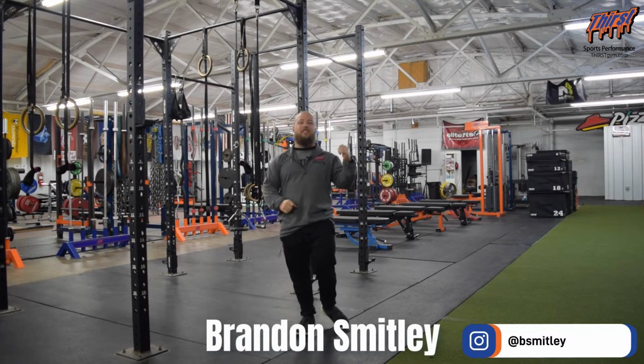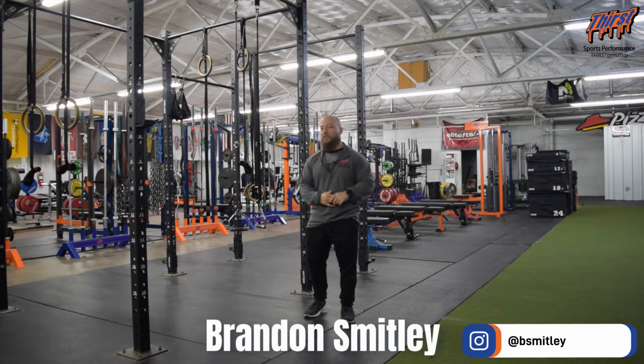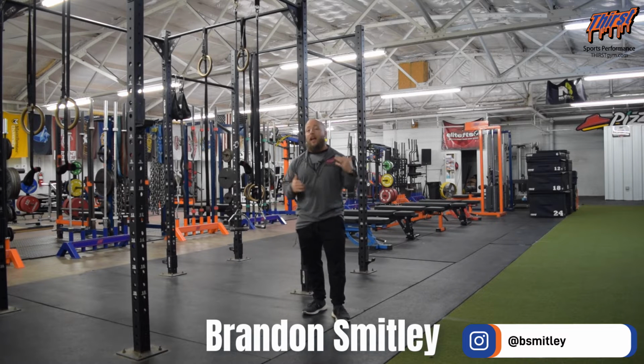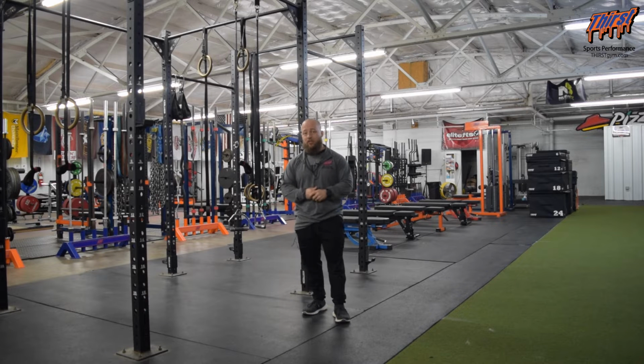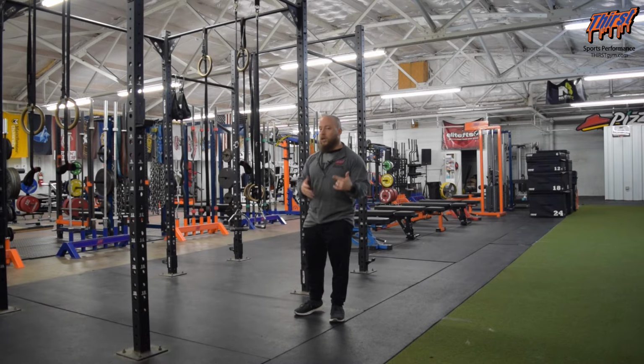Today we're talking about an exercise called the single leg blast strap inverted row, the single leg TRX inverted row. This is a great exercise for upper back strength. However, we're also going to get some free abdominal work from this exercise. Not overly complicated, but there are some major things you want to make sure you're doing from a coaching cue